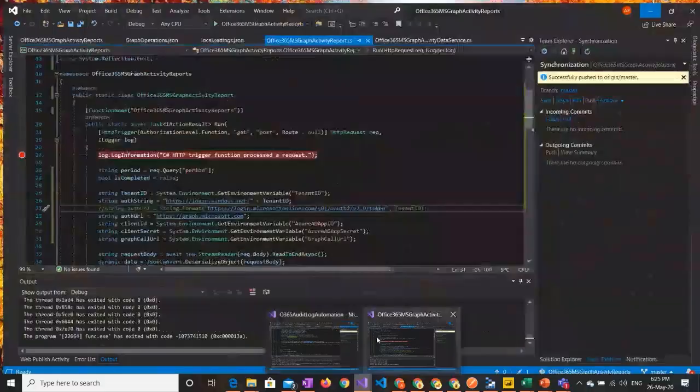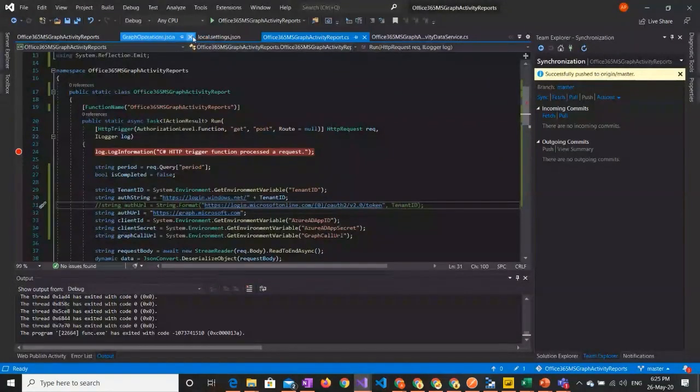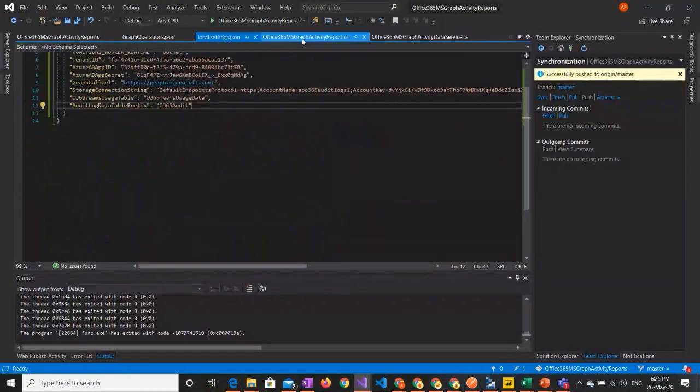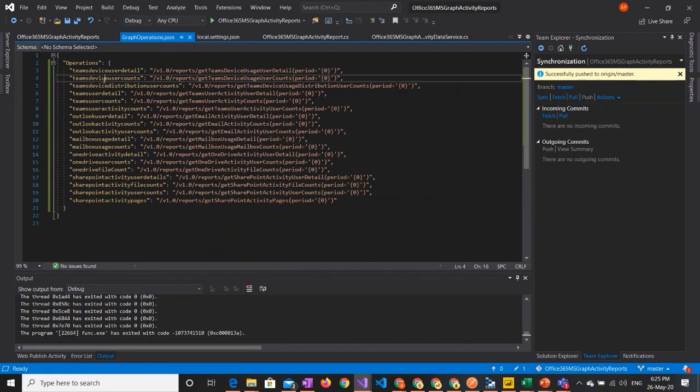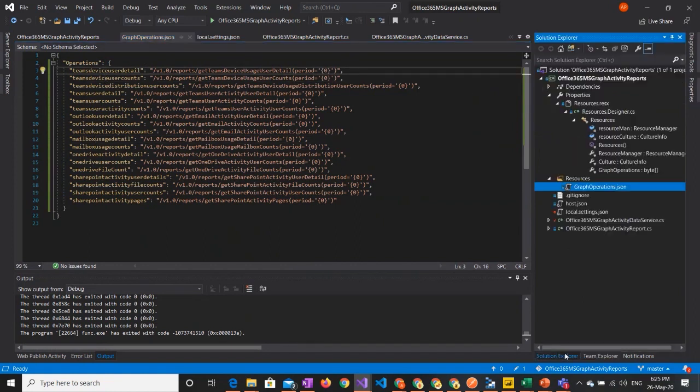Now you might say, okay, I don't know how it is different. So if I go to my solution, and I'm going to post it on GitHub, you can go and look at it. In my mapping JSON, I have the endpoints all located. So if I come to my solution, there is this graph JSON in resources, so you can go and see the mapping. In the mapping JSON, I have the operations and the endpoints